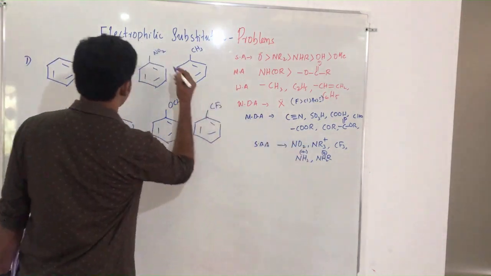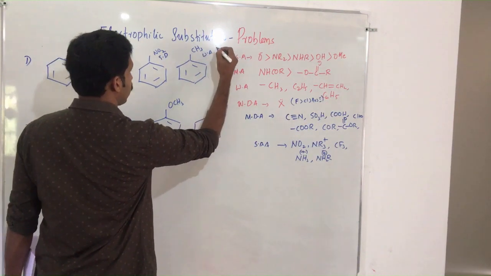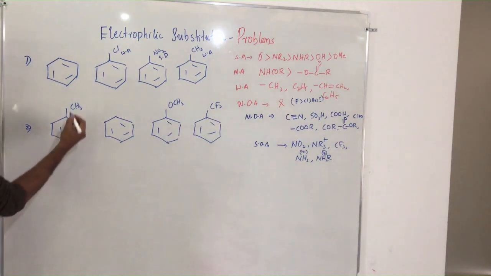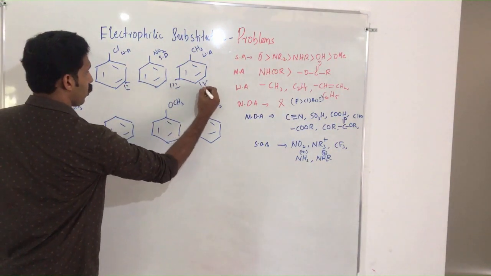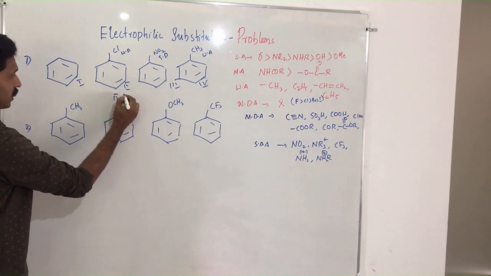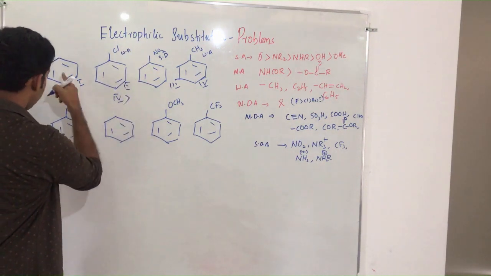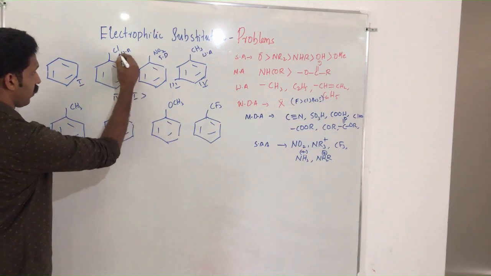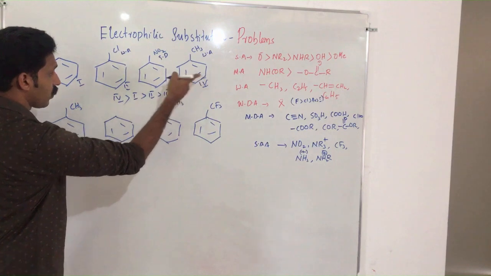The NO2 group is a strongly deactivating group. The methyl group is weakly activating. Benzene has neither activation nor deactivation. Therefore, taking benzene as 1, chlorobenzene as 2, nitrobenzene as 3 and toluene as 4, toluene, being weakly activating, is more reactive than benzene, which has neither activation nor deactivation, which is higher than weakly deactivating chlorobenzene, which is higher than nitrobenzene. This is the answer for the first question.